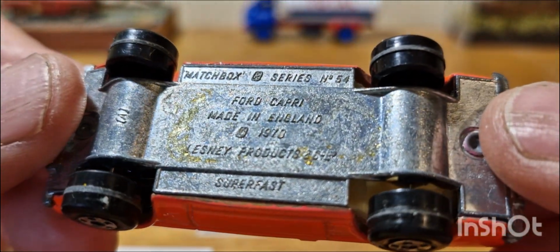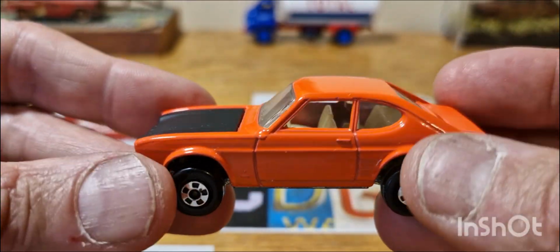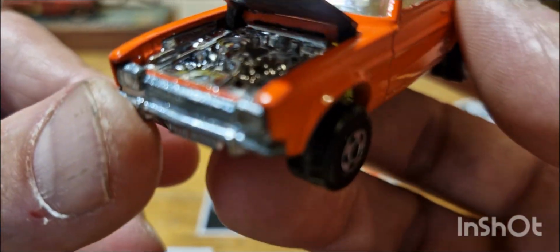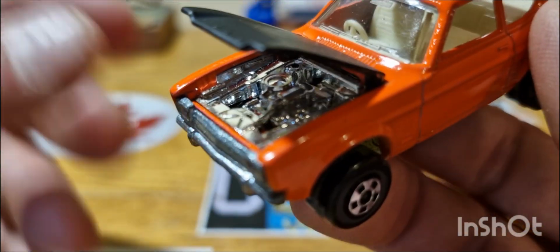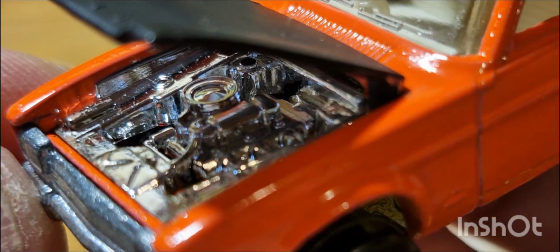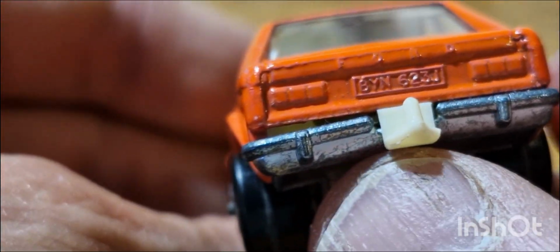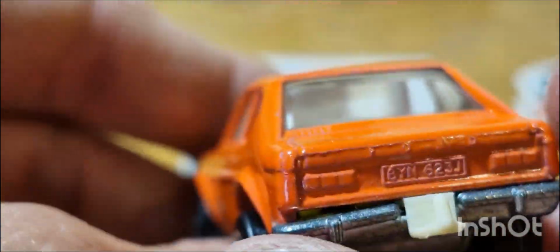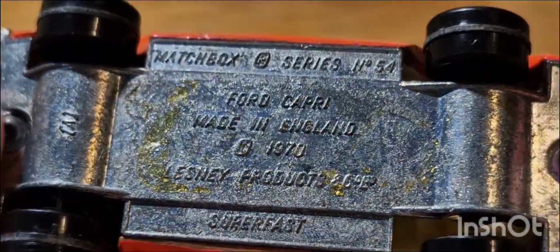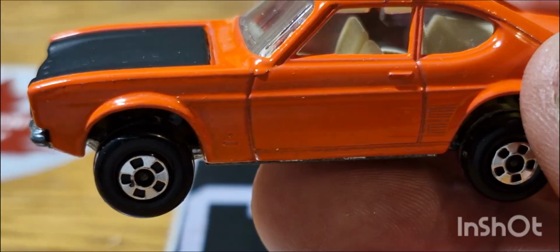So there you go, 1970s. So okay, about 1971, 72, something like that. And this is one of my favourite pieces. Very gently lift the bonnet up, because I don't want to lift up too far and knock the paint off, just to reveal the 1.6, which you can't see very well. Let's get some extra zoom. But for back in the day, this was very nicely detailed. And again, it's got a little factory defect. That is from the factory, where it's been riveted on and not lined up properly, and it just ended up bending, but not a problem. I've got a few of these Capris in my collection, as they are my favourite casting,